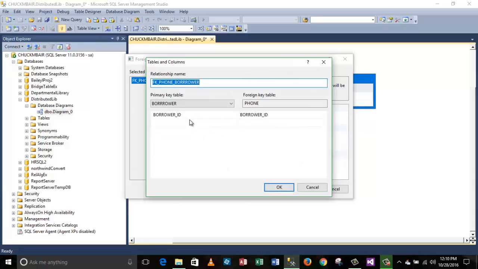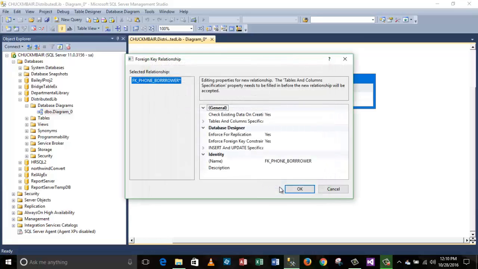So I've dragged and dropped the parent table's primary key onto the child table's foreign key, and having those named the same column names makes it very easy to identify which fields I should be dragging and dropping on. And at this point, I want to say OK. And I'll get a dialog box, at which point I want to add a